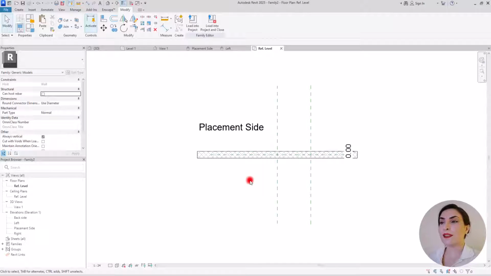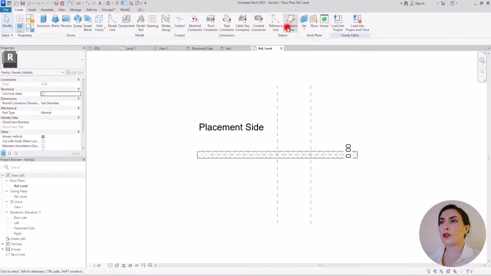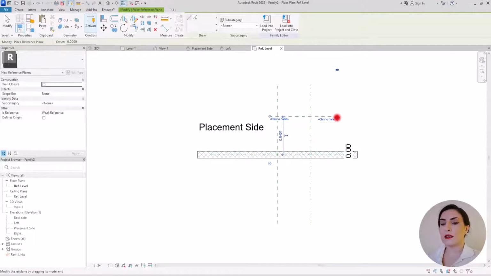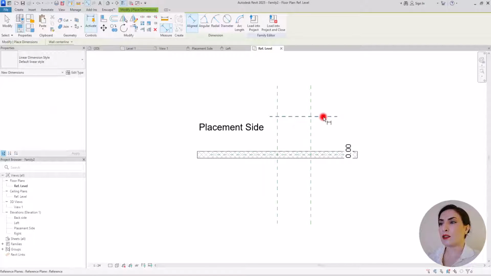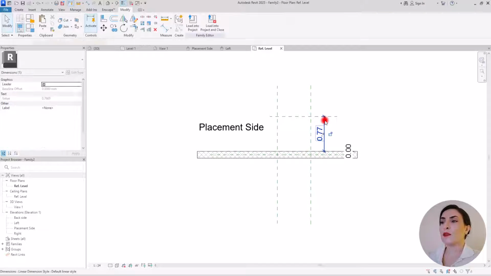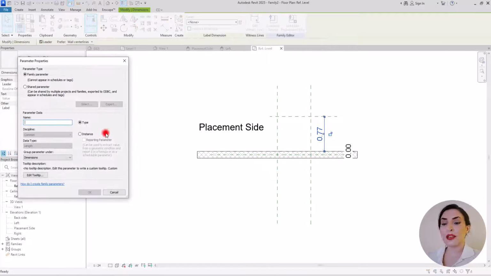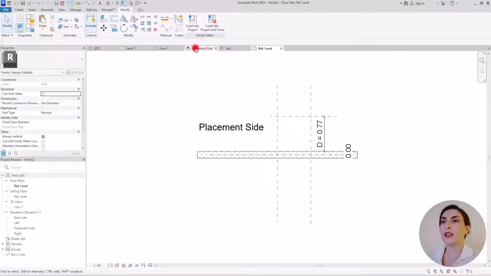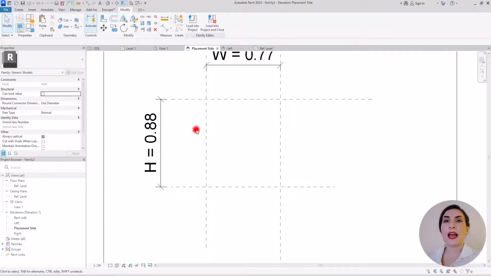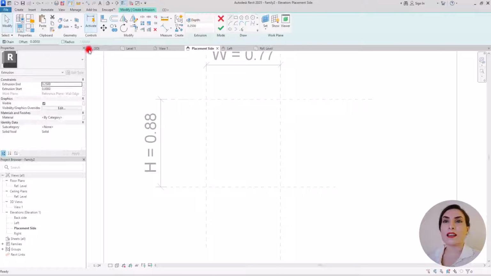Go back to ref level, and in this part I'm going to create a reference plane and another dimension from this part to here, exactly to the edge of the wall. Make sure the node shown on this part is called reference plane, and then click. I'm going to put it in this part, select it, create a parameter for it, and let's call it D as depth. Now we can go back to placement side, and in this part we are going to create a